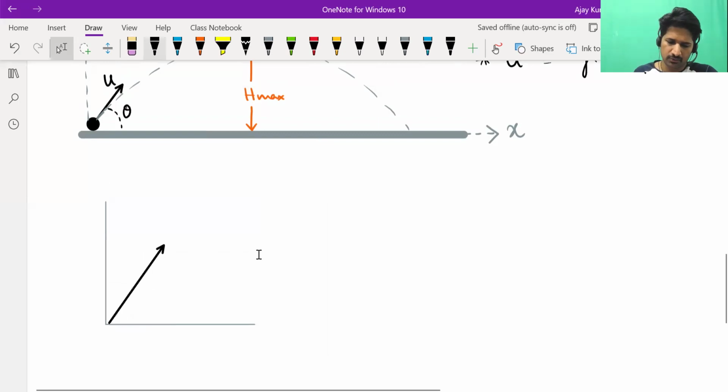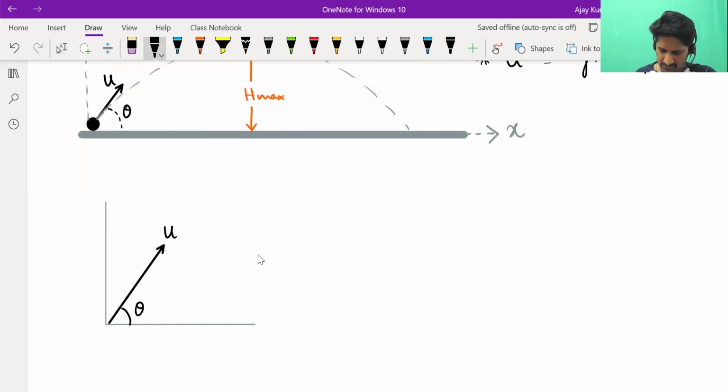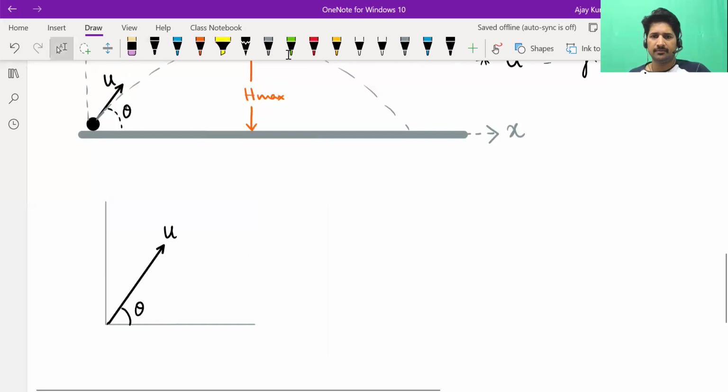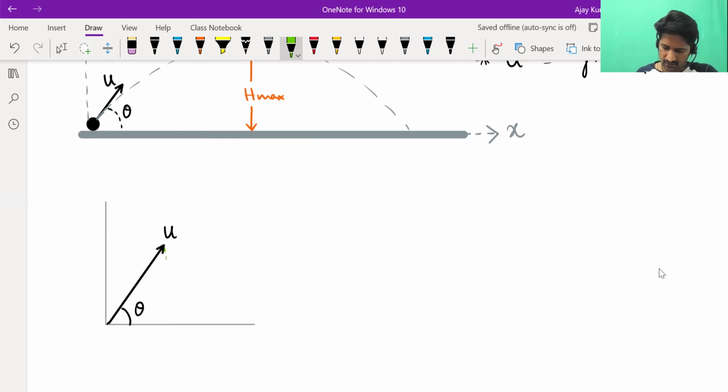Initial speed is u. Speed is nothing but magnitude of the vector. We know the magnitude and we know what angle it makes with x-axis, right? Pawan, tell me, how much is the x component of initial velocity? If the magnitude is u, angle is theta, how much is the x component? Sir, u cos theta. U cos theta, correct. With the x-axis, it's making the angle theta, so the component becomes u cos theta. So I'm writing initial velocity's x component is equal to u cos theta.